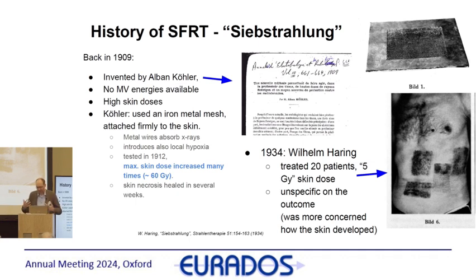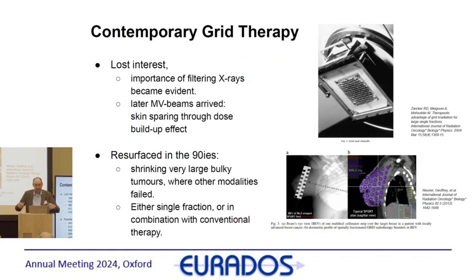And again, he observed that it was extremely well tolerated in this one, so that sparked some motivation to look into this more. However, we got up to higher voltages, we got megavoltage radiation, linacs and so on, and then suddenly this entire problem with the skin toxicity disappeared because we have the build-up effect of this megavoltage radiation. So this spatially fractionated therapy or grid therapy actually completely disappeared for some time, and there was only very